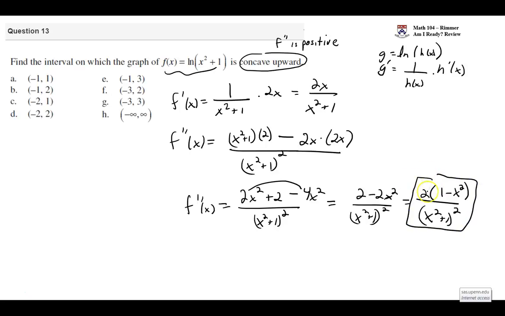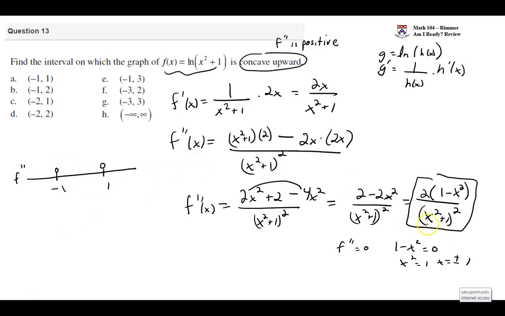Just like before, we want to know where it's equal to 0. So we can take our interval and chop it into pieces. f double prime equals 0 would have to occur when 1 minus x squared equals 0, since the denominator is never 0. And so we have x squared is equal to 1, so x is plus or minus 1. So at -1 and at 1, it breaks up the interval. We know the second derivative is 0 at these places. And now we want to know the sign of the second derivative